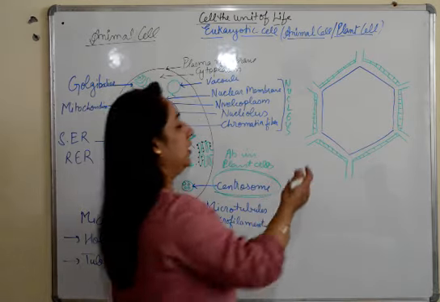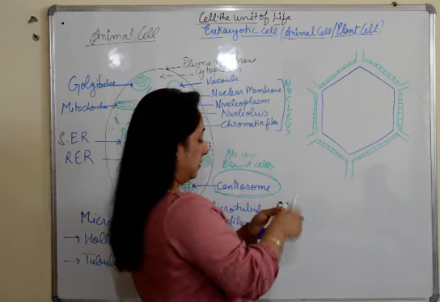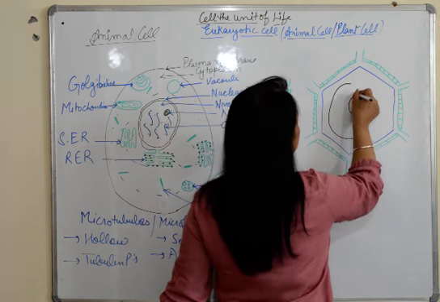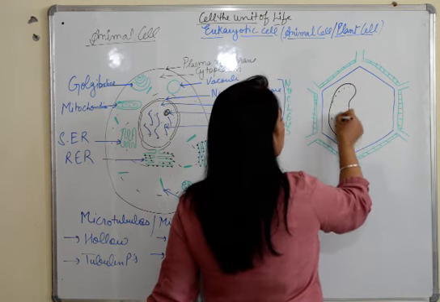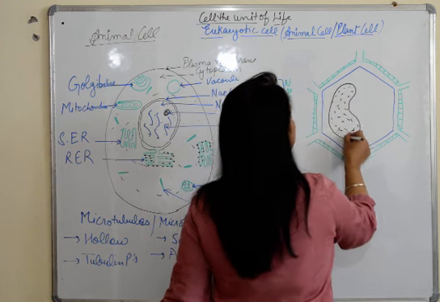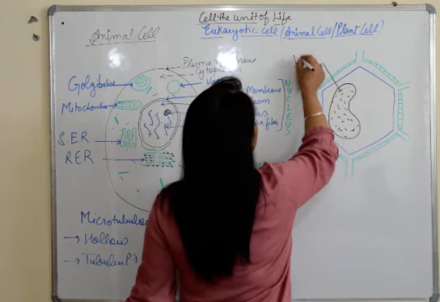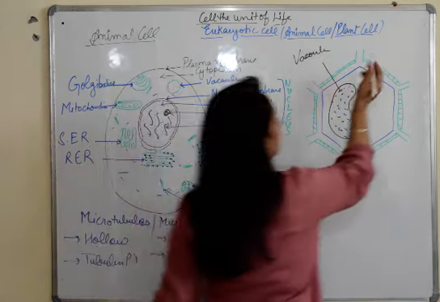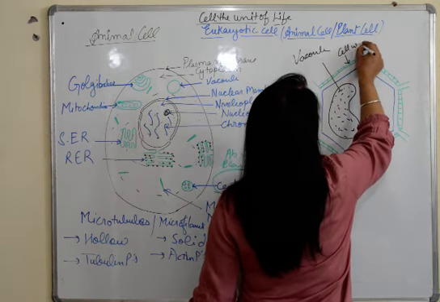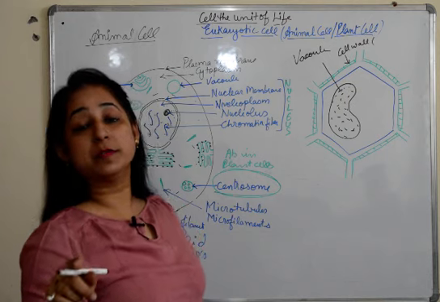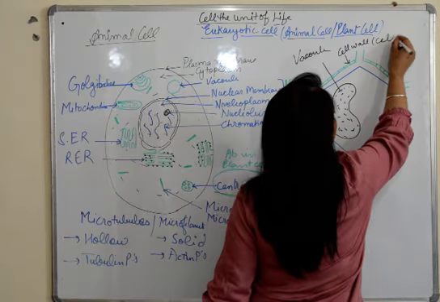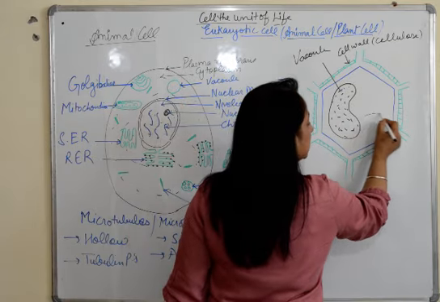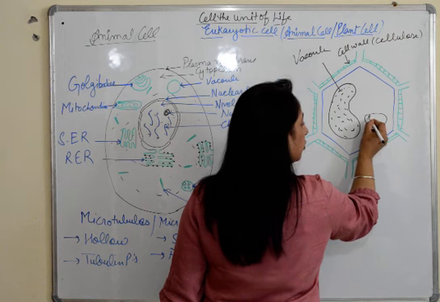Apart from this, the plant cell has a very big vacuole present in it which covers almost 80% of the cell. It has a very large vacuole, plus it has a cell wall. This is also an additional structure, the cell wall. And in bacteria, the cell wall was made up of peptidoglycan. Here it is made up of cellulose. And in addition to this, there is an additional structure present known as the chloroplast.